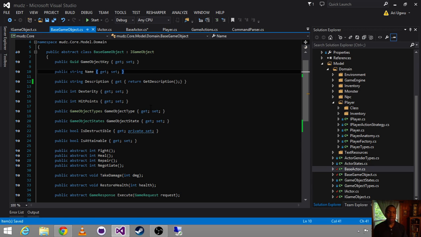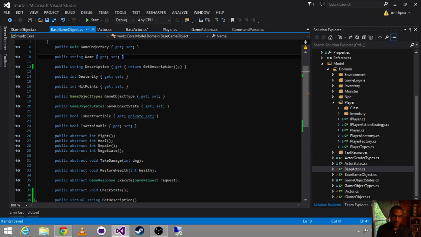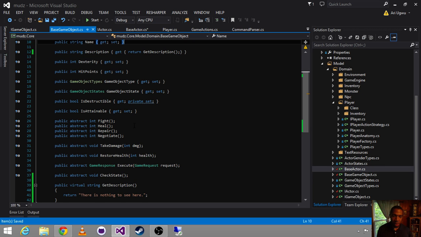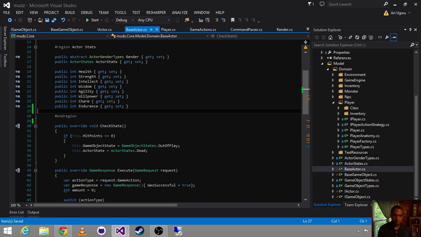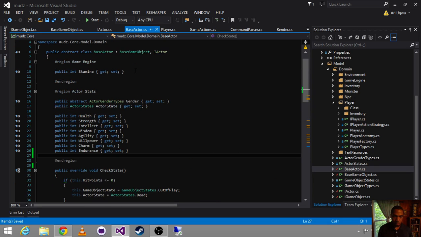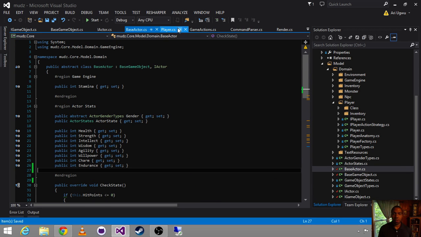So essentially what we're saying is that we're going all the way back down the rabbit hole to the base game object, and we're saying you're going to have a description, but we really want that to be filled in by the implementing class. To do that, we're going to give it a method called GetDescription, which is virtual. So if you do nothing, it's going to say, hey, there's nothing to see here. Which cleans up our base actor,